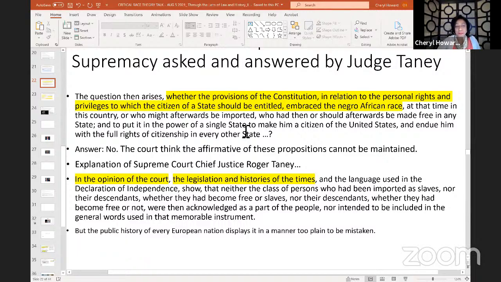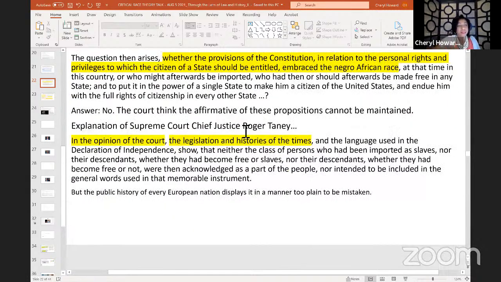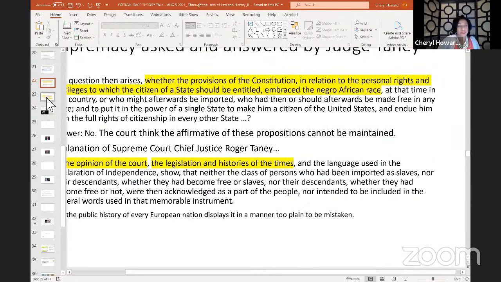He explained that in the opinion of the court, the legislation and histories of the time and the language used in the Declaration of Independence show that neither the class of persons who had been imported as slaves nor their descendants, whether they had become free or not, were then acknowledged as a part of the people, nor were they intended to be included in the general words used in that memorable instrument. He then goes on to say, this is the last one,